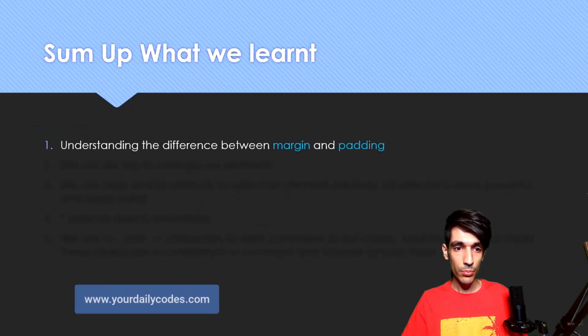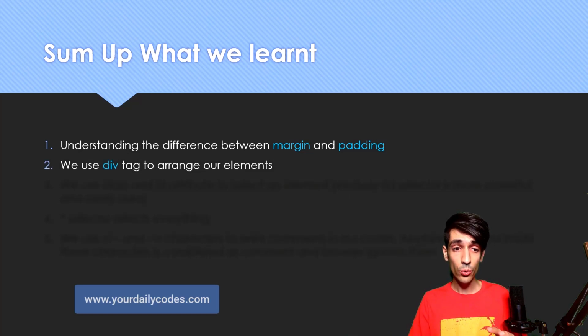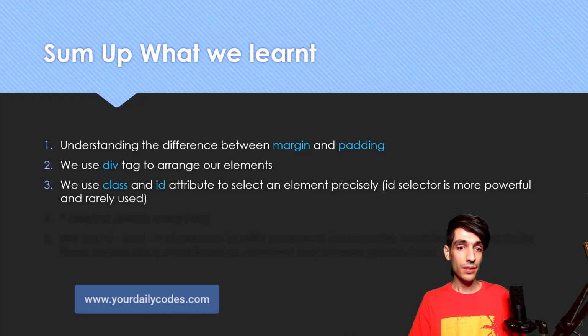So if we take a look at our PowerPoint, when I say understanding the difference between margin and padding, the difference is not very clear for the moment, but it becomes more obvious in the future. But for now, just know the words internal, external, or inner and outer space. Just have that in mind. That's enough. And you know that we use the div tag in order to arrange our code. It helps us to have more readable code. And this ID thing is something I wanted to mention.